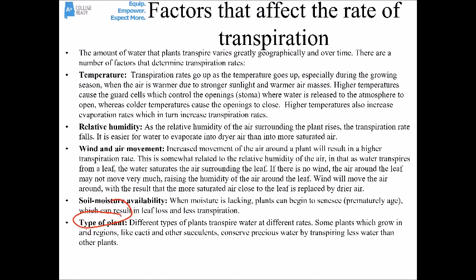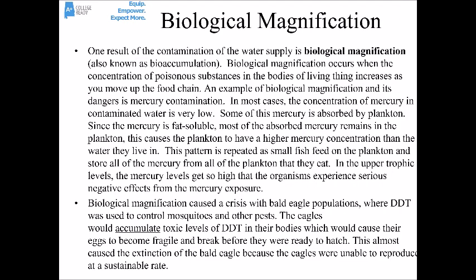Different kinds of plants transpire faster than others. Plants that grow in very dry places, like deserts, for example, talk about the cactus, they transpire very slowly because they're trying to conserve water because it's such a precious, rare resource. All right, my very last topic